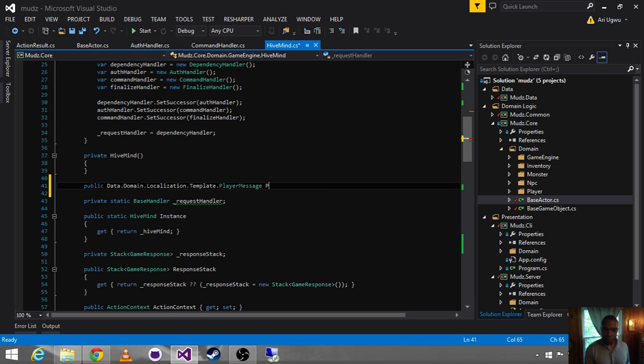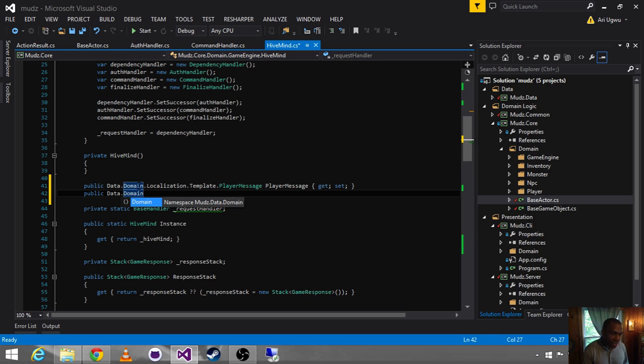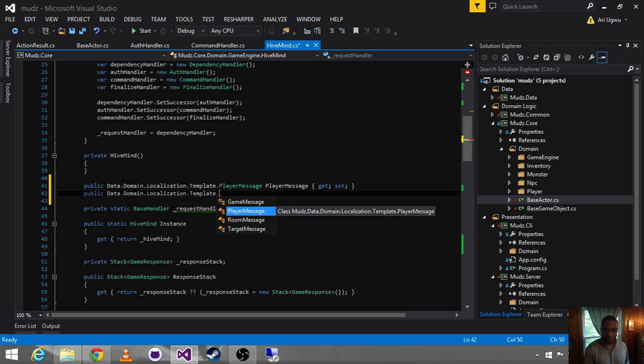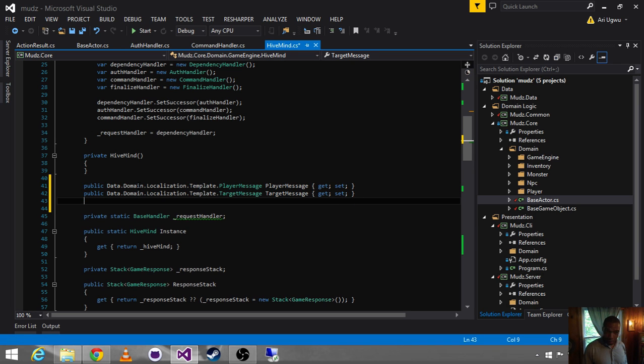Data.domain.localization.player message. And I'm already feeling weird about the name player message. How do I convey, like, template engine? Something. And here